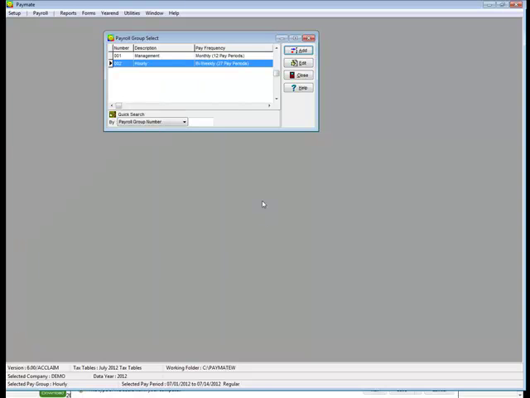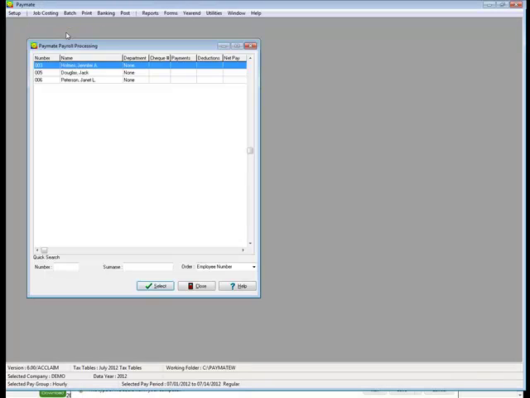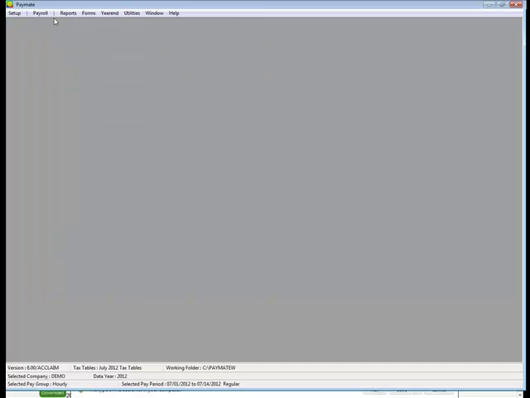Once we have verified our payroll frequency for our organization and the calendar that we have, we can then proceed to make sure that there is no unposted payroll in the system. This is done simply by going to Process Payroll, going to the Select Pay Period,